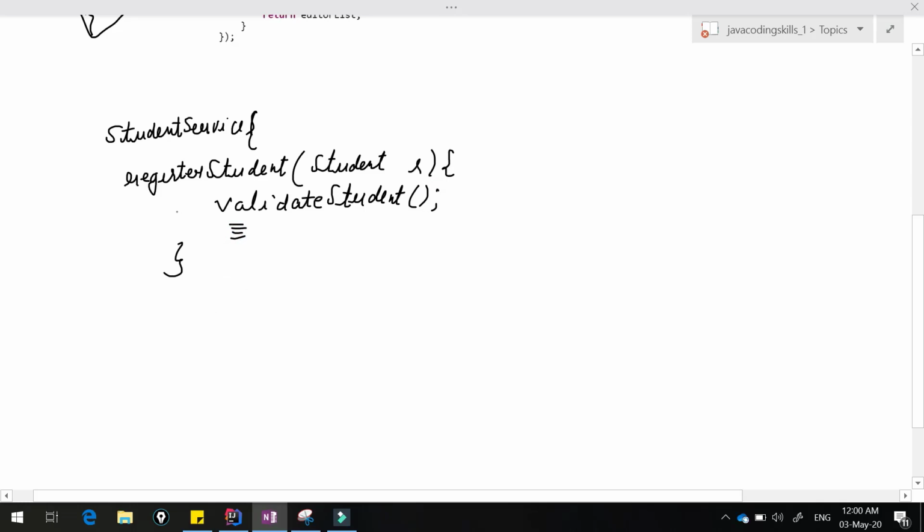But suppose tomorrow you have some more features added to this class. Suppose you are going to register this student for an exam as well, so you have to write one more method here, registerStudentForExam.